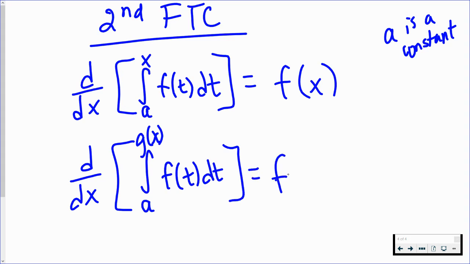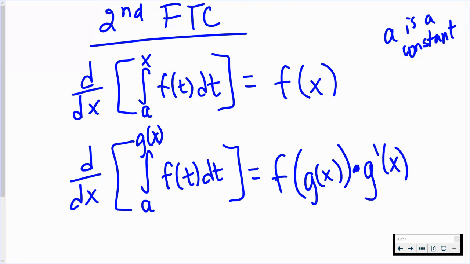For that one, we end up with f of g of x times g prime of x. And now notice that looks just like your chain rule. The reason for that being, now we're plugging in some kind of function of x. So if we were to do that, whenever we took an integral,